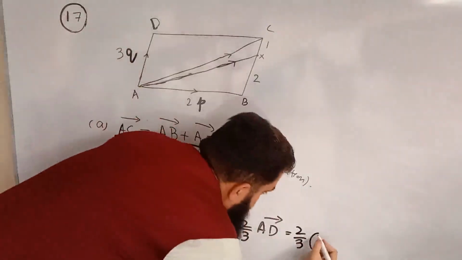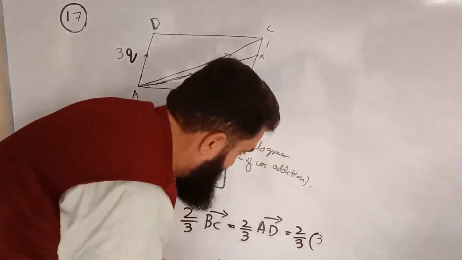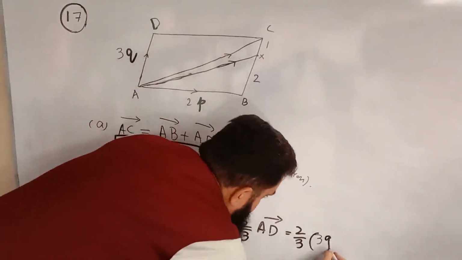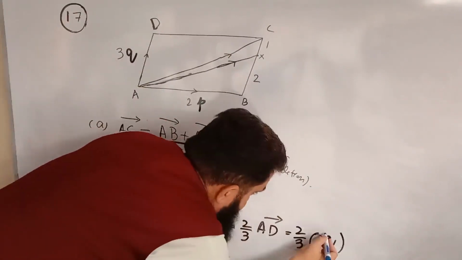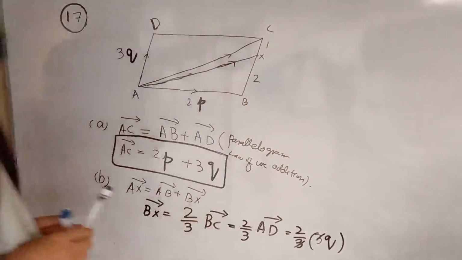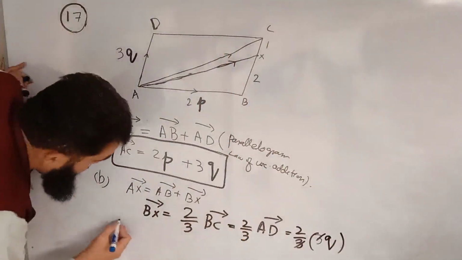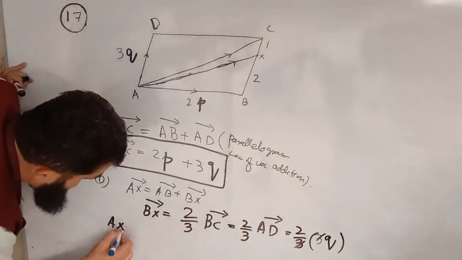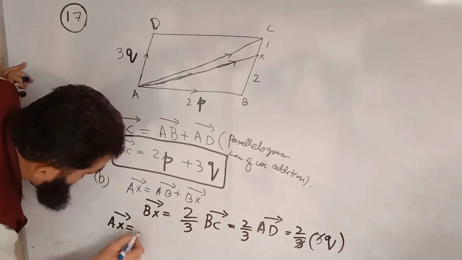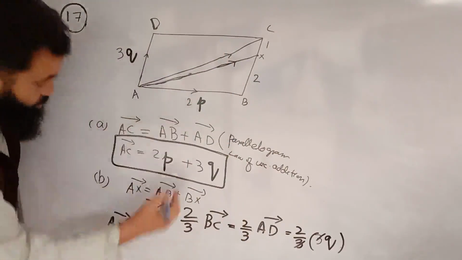2/3 of 3Q. I make it boldface. So 3 is cancelled with this 3. So it means BX is equal to 2Q. Therefore AX will be equal to AB. AB is given as 2P